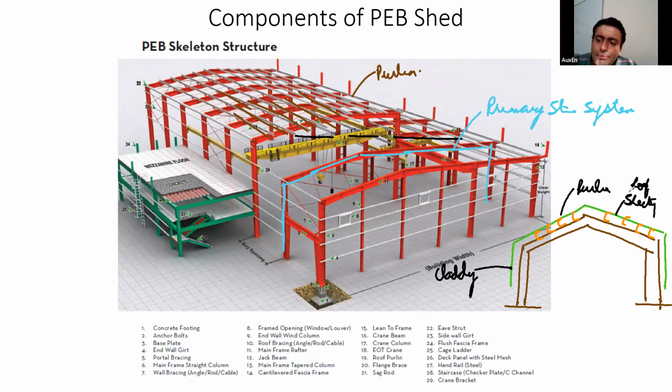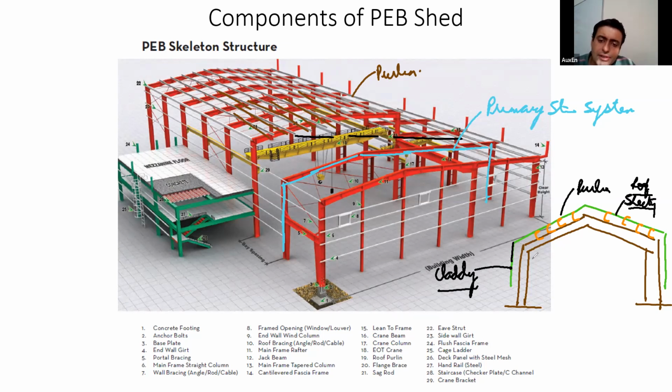They use the same type of material, the same type of members, elements. The sheet element is the same thickness, everything is the same. We just use two different names. When we put that sheet on the top, we call it roof sheeting. When we put that sheet on the horizontal and vertical faces, we call it cladding. Okay.